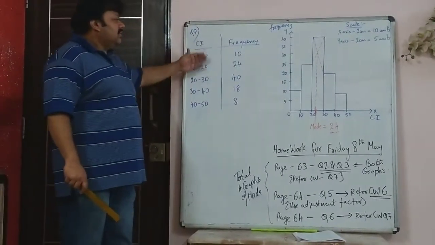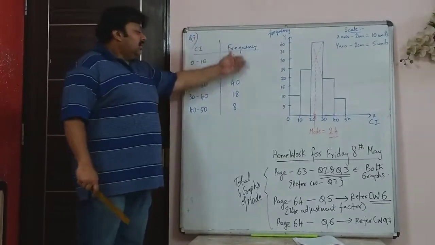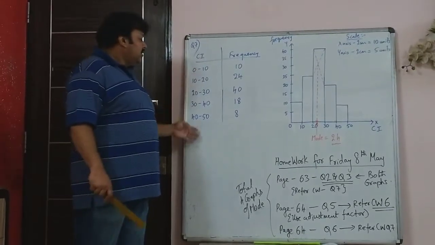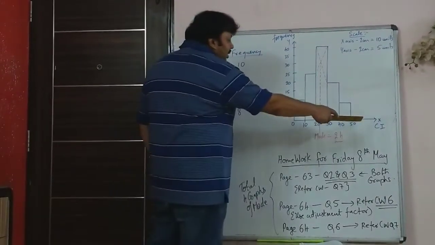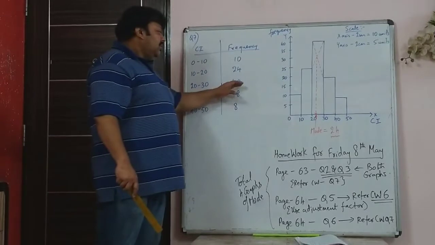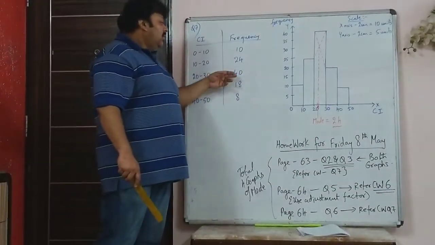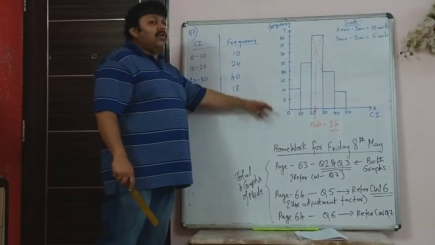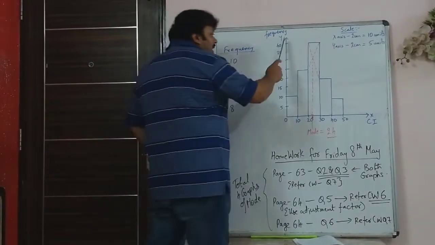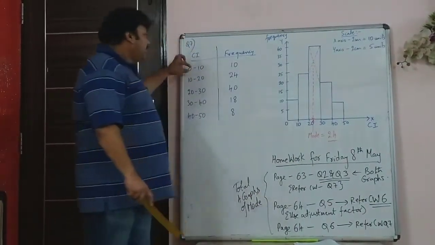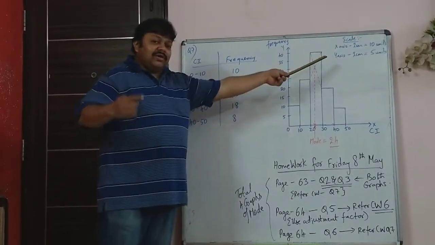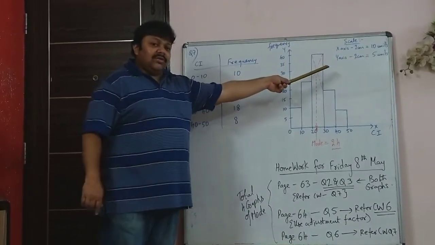Yeah, so question 7, which is the last class work sum for today. Again, data is given. Here it is not required to adjust because it is a proper class, the adjusted class itself is given. So on the x-axis we are taking class interval, and on the y-axis we are taking the given frequencies. For an appropriate scale, if you take 2 centimeter is 10, then it will finish in 4 lines. So it is better to take 2 centimeter is 5. So on the y-axis we have taken 2 centimeter is 5, and on the x-axis 2 centimeter is 10. So we always write x first, x-axis first, and after the x-axis you write the y-axis.